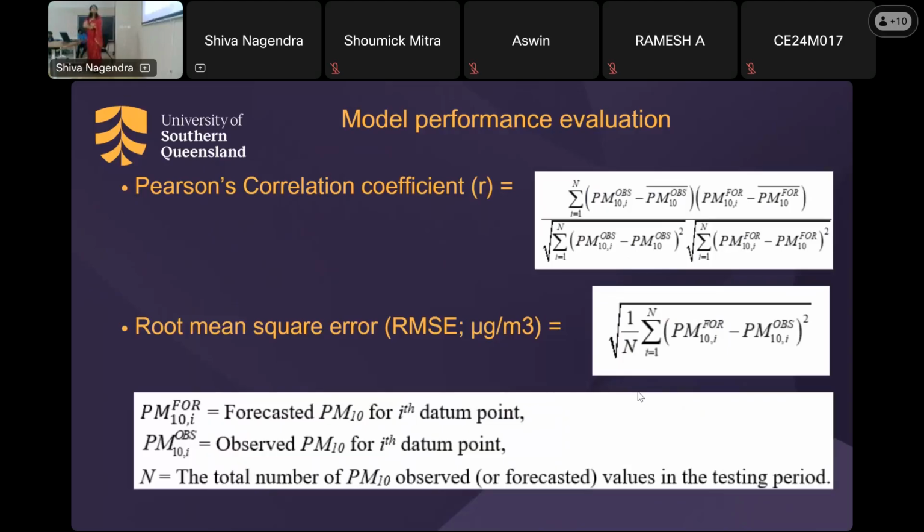So this is the statistical evaluation. It depends whether a person is more comfortable with